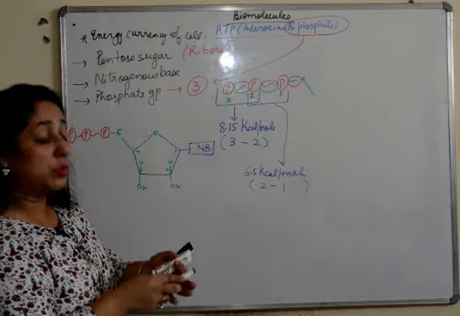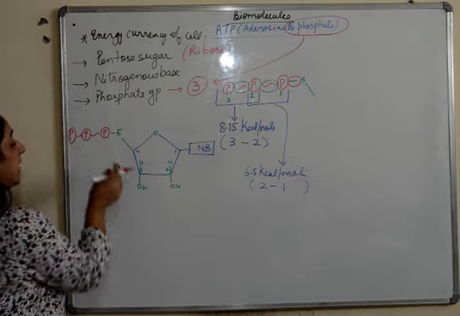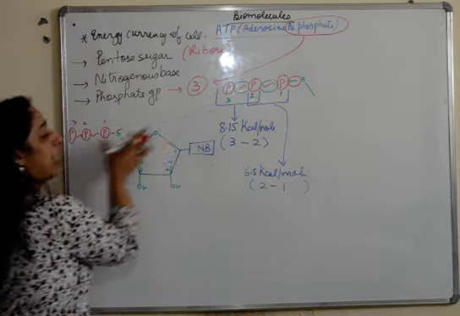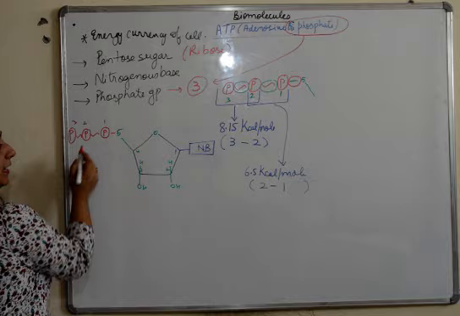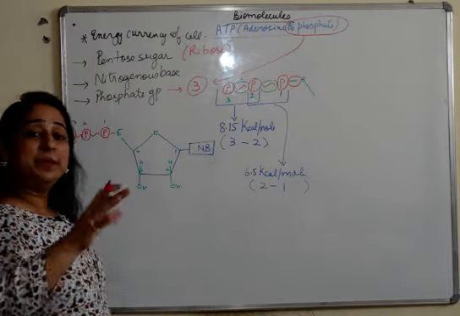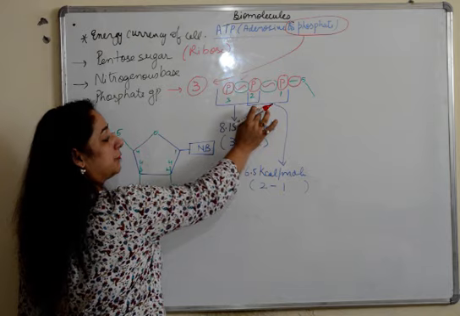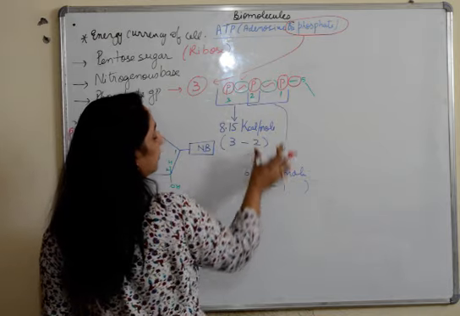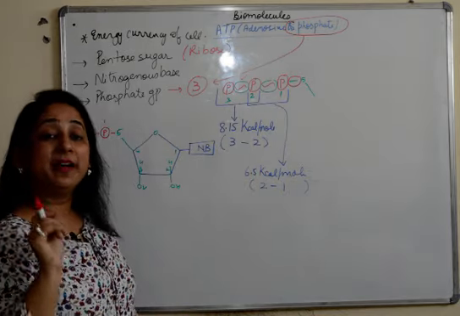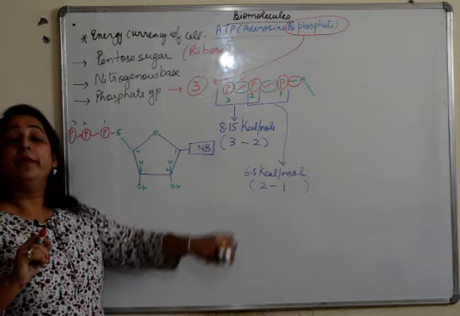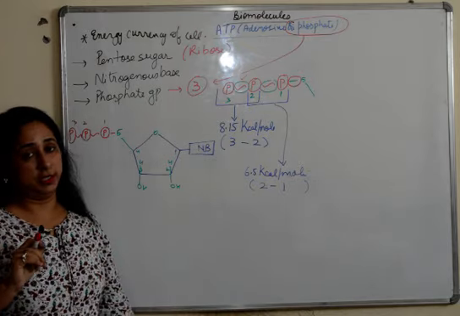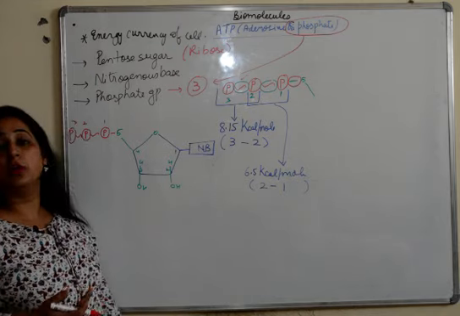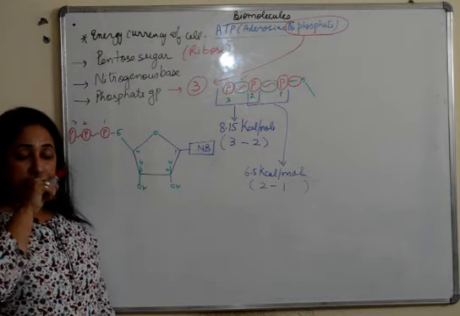So the energy released, these phosphate molecules tend to break and release energy. We have these three, 1, 2 and 3, which I have explained here. So this sign shows that the bond can easily be broken, and when the bond between third and second phosphate breaks, it releases 8.15 kilocalories, and when second and first breaks, it releases 6.5 kilocalories of energy. And this is how the ATP molecule provides energy during whatever process is going on. In that process, the energy is released.